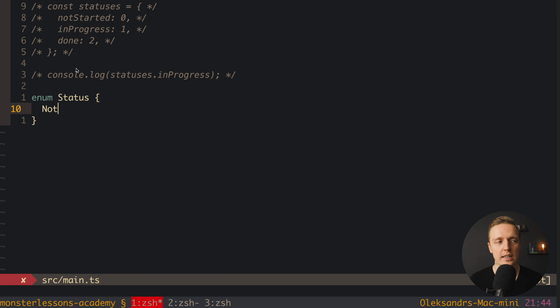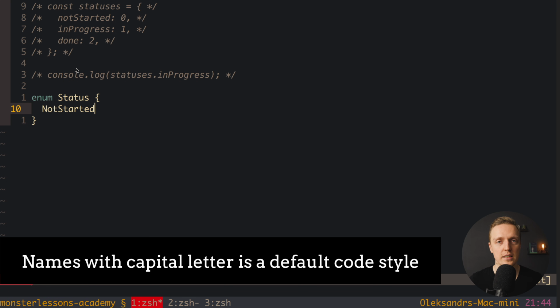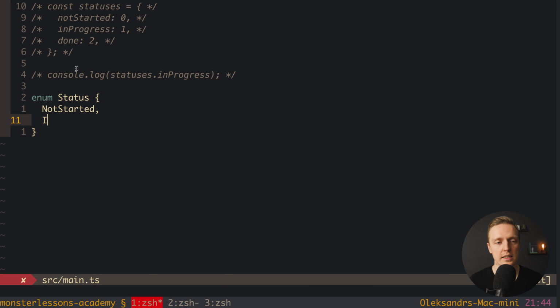But here we can write, for example, NotStarted with a capital letter. Actually it doesn't matter, but this is also the code style. I just put a comma, then InProgress, and the last one will be Done. So the only difference is the capital letters and that we didn't set values.